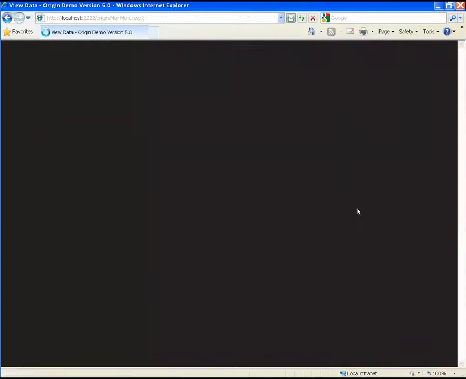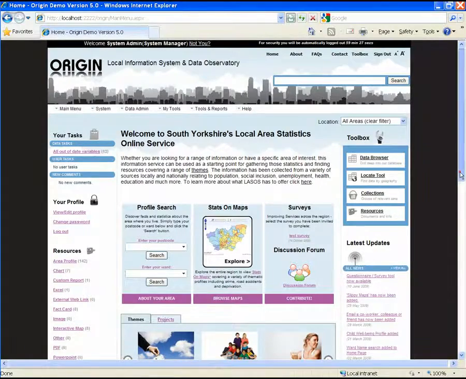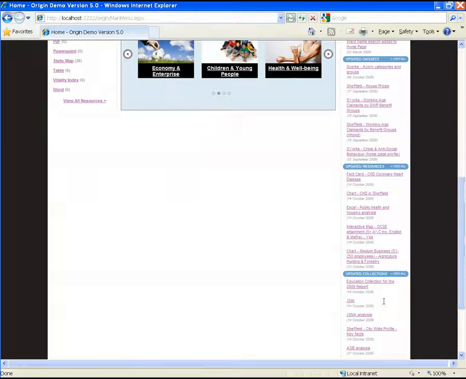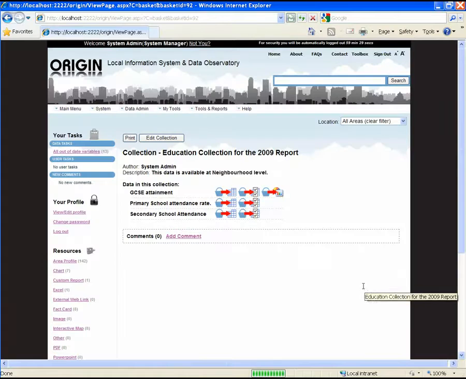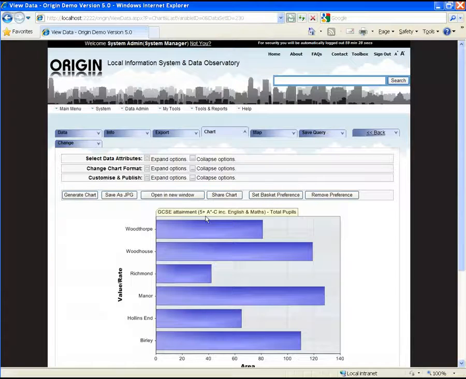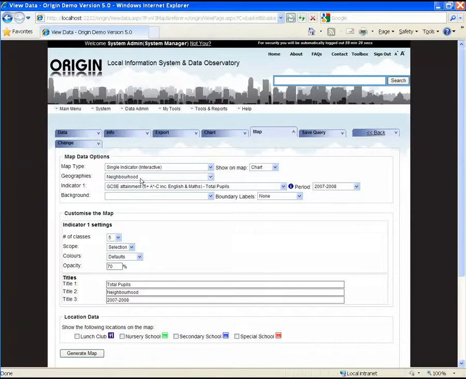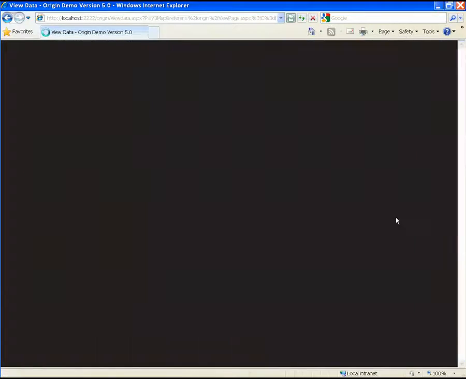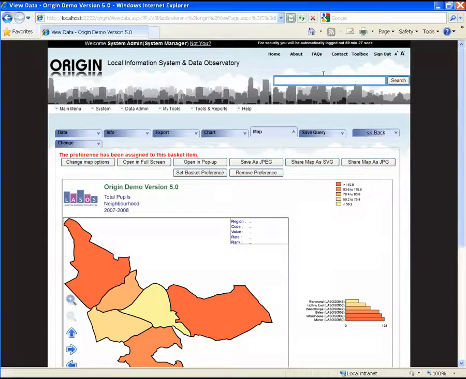So if we go back and view the collection from an end user's point of view, so I'm just going to go and look at the collection, you can see for GCSE attainment it now has a default chart. So when I pick that, the chart is displayed in the way I want it to. And I can apply this methodology also to the map. So let's say we want all users to see the same style of map, such as this. I add the preference, and then if I go back out,